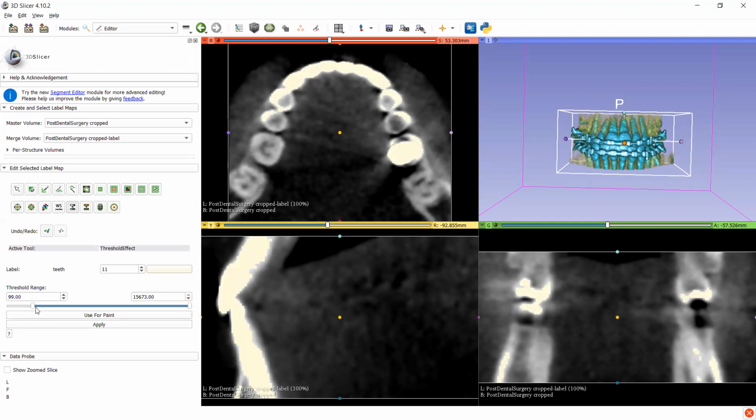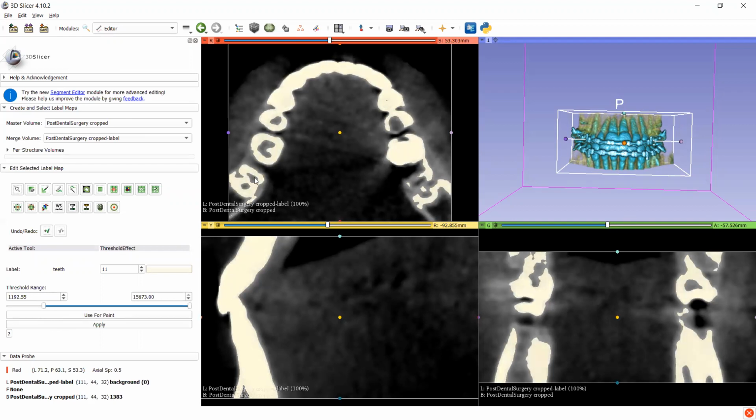Sorry, I want to adjust the threshold effect. Let me adjust the threshold effect. Now it's okay. Our entire region of interest was selected and highlighted. All the high density parts are also selected, and let me apply.